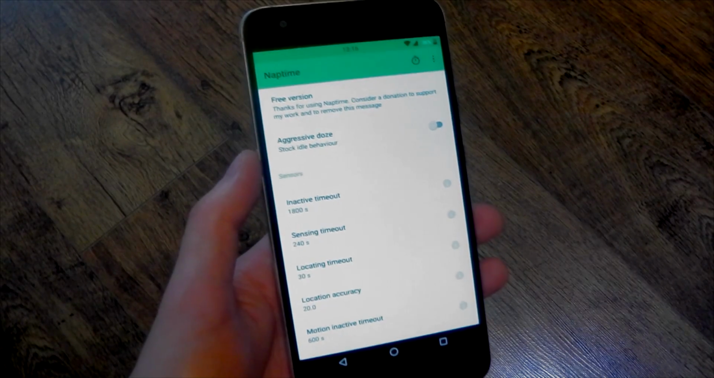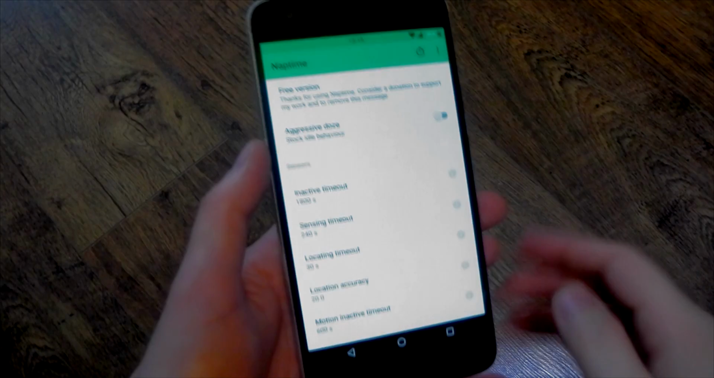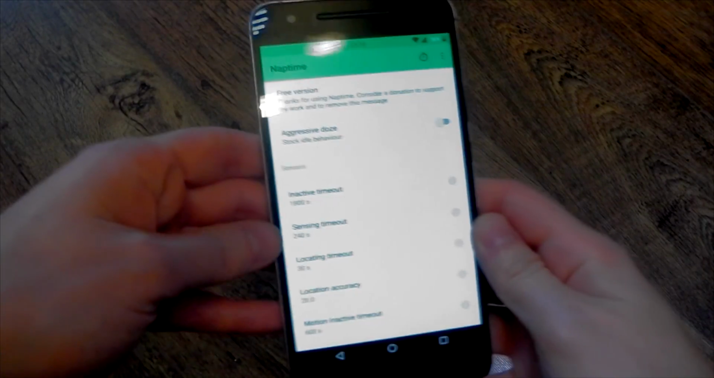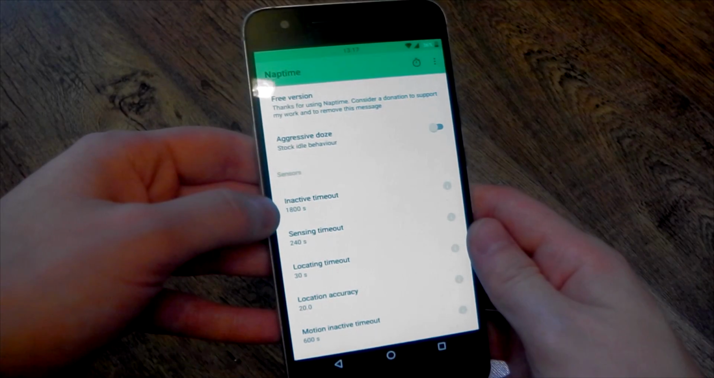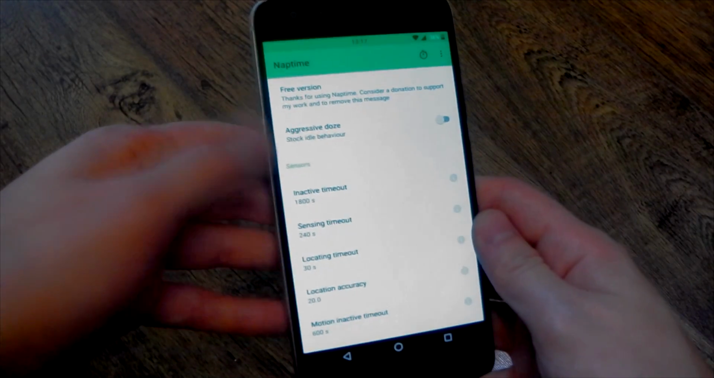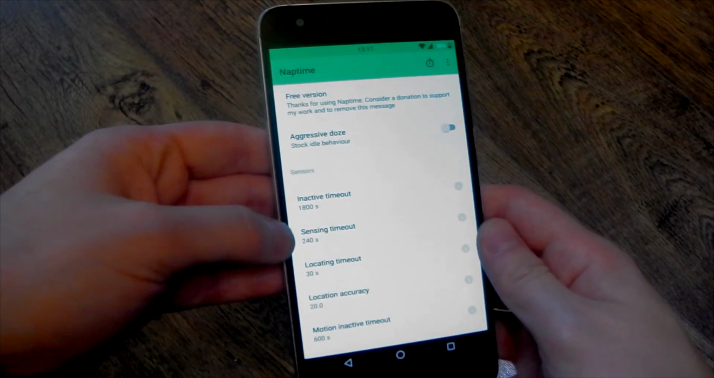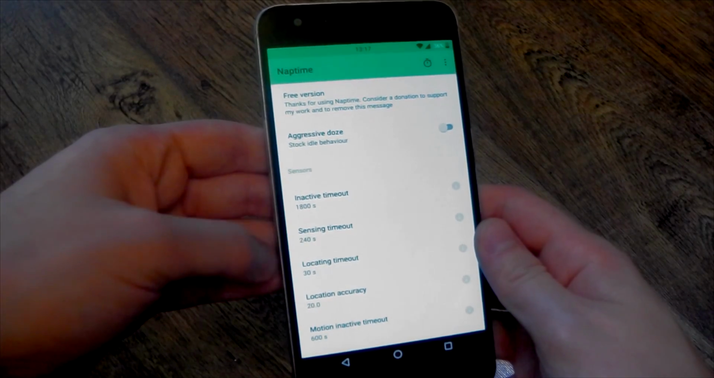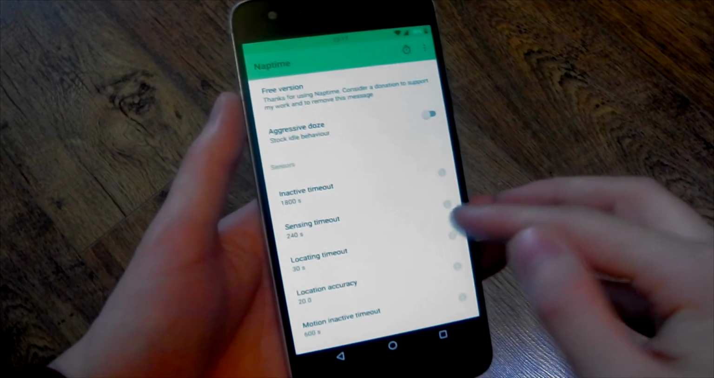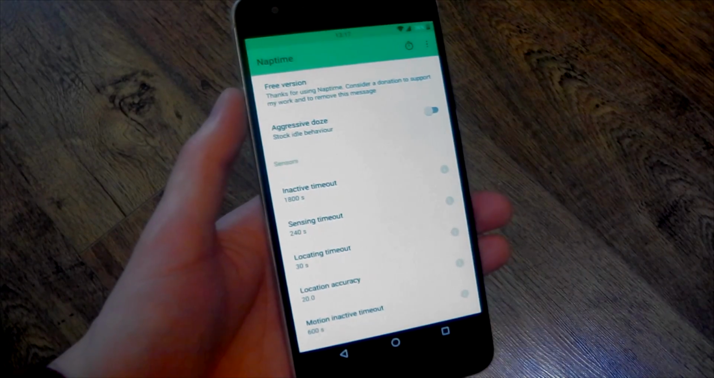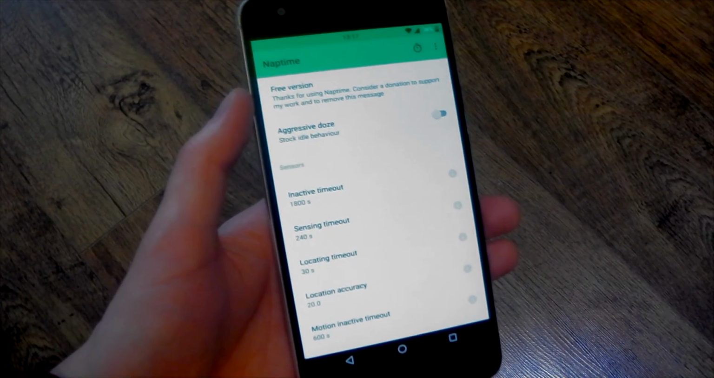So the settings you're looking at right now on this screen are the stock Google settings. The first setting here, which is the inactive timeout, by default is set to 1800 seconds or 30 minutes. So once you turn your screen off, it's going to wait 30 minutes, then it's going to start looking at sensing and locating. So if you want to speed up the process, you could actually decrease that inactive timeout to something like 10 minutes. So once you turn your screen off, it waits 10 minutes, then it starts looking at